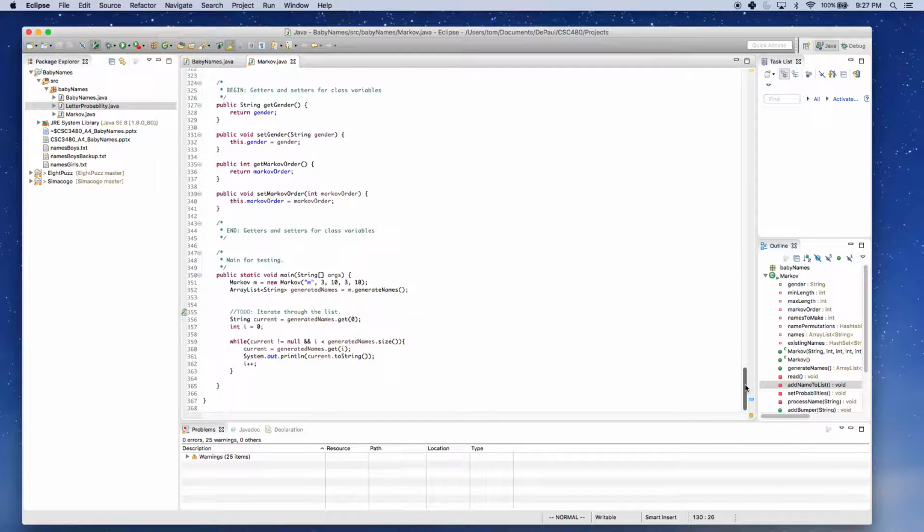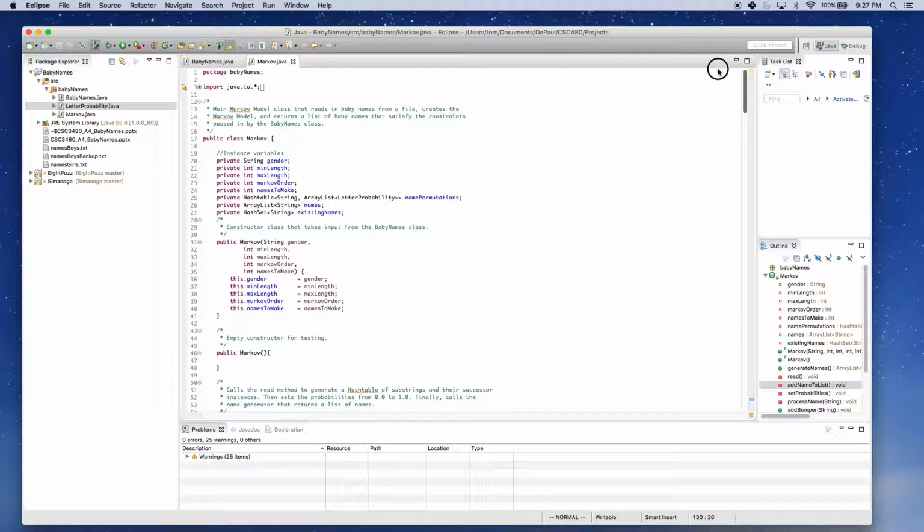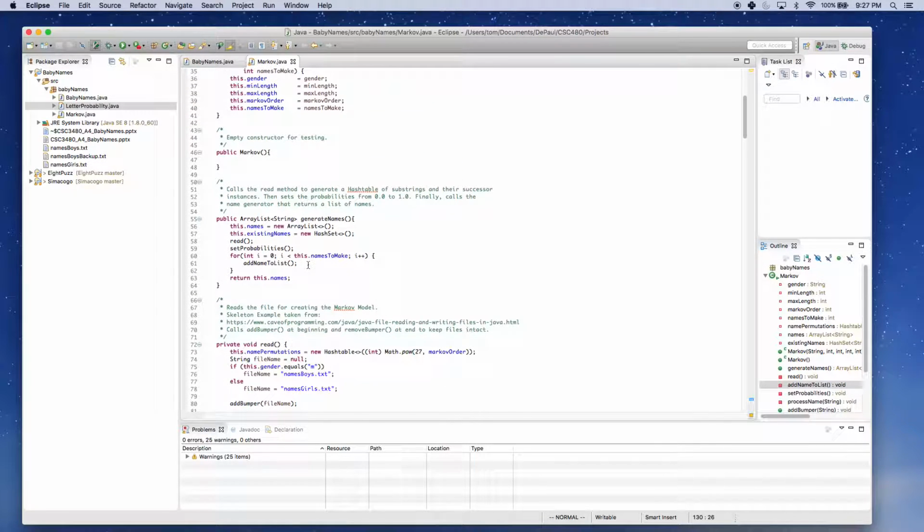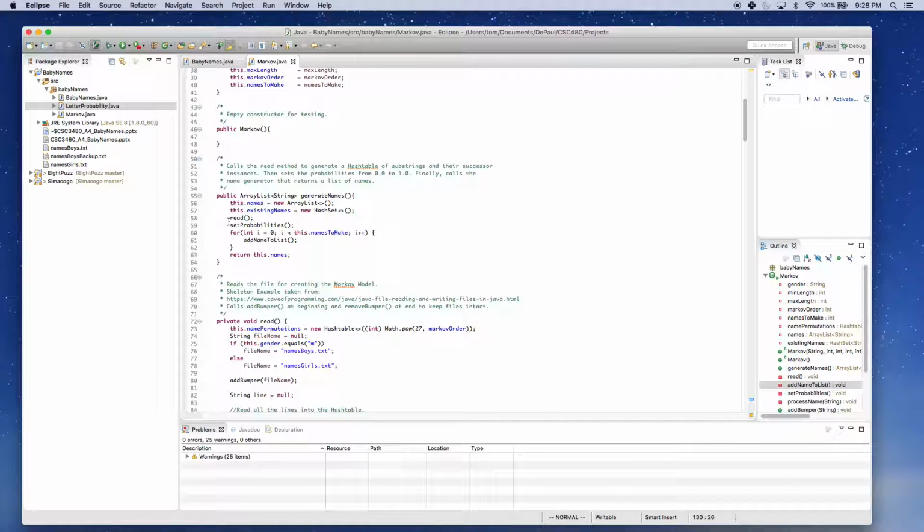Markov is definitely the meat and potatoes of the program. Once an instance of Markov is created, a bunch of class variables pertaining to the user's input are made, and then we run through 3 main methods. We run through read, set probabilities, and add name to list. So for read,